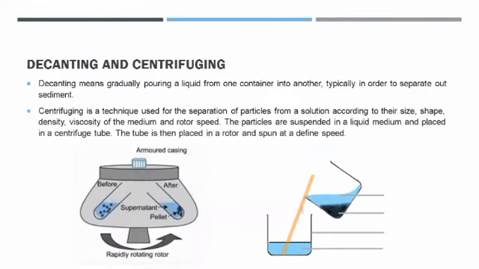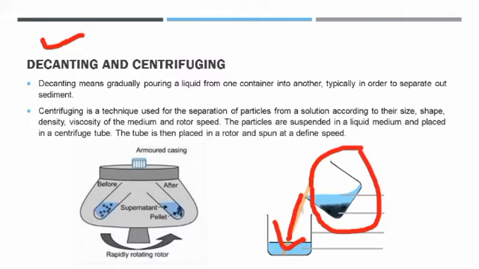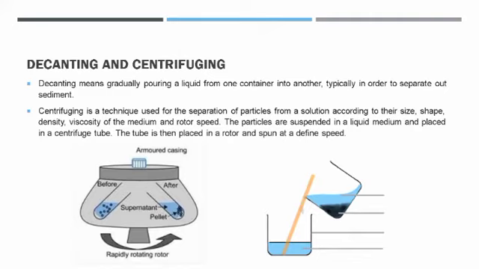Okay, then the next method for separation or purification is decanting. What does decanting mean? Decanting means you gradually pour the liquid from one container to another. Now, how do you do that? All of you must have at least tried this method out at home. For example, when you're pouring tea and you don't have a sieve, you carefully pour out the tea and leave all the impurities, the sediments, behind. All of you must have carefully poured a mixture that has sediments at the bottom in a manner that only the liquid comes into the beaker. To make that even more accurate, you have this wooden stick, which helps you pour uniformly, leaving the sediments behind.